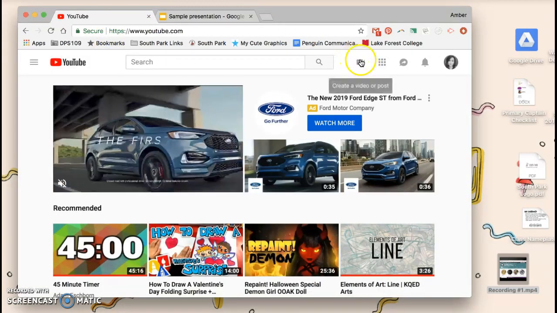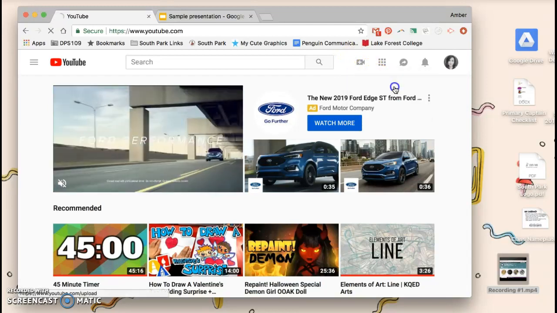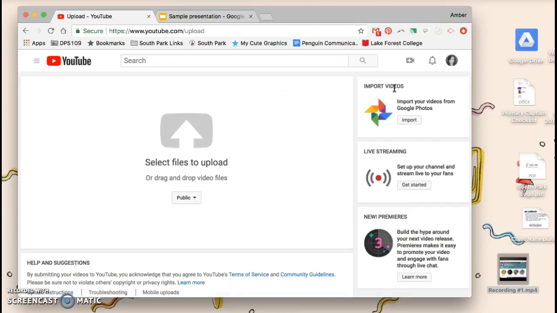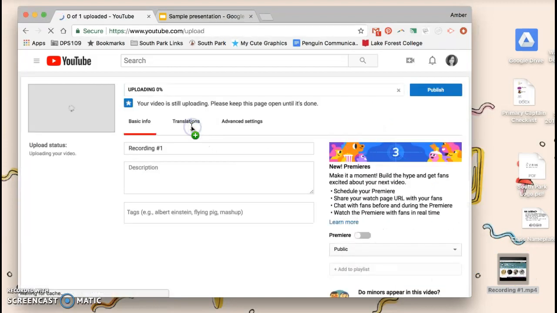So I'm going to go to YouTube's website, and I'm going to click over here so that I can upload a video. I'm going to use the MP4 I have right here, and I'm just going to drag and drop it right over there. And then you'll notice it'll give you a little time frame for how long it's going to take for you to upload. You have the option to change the